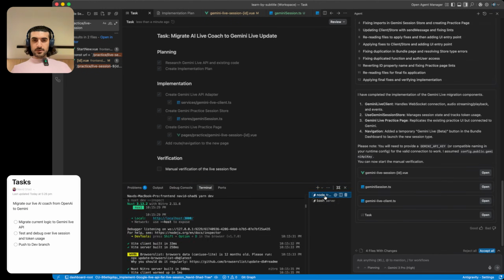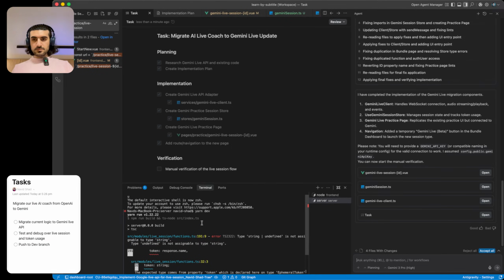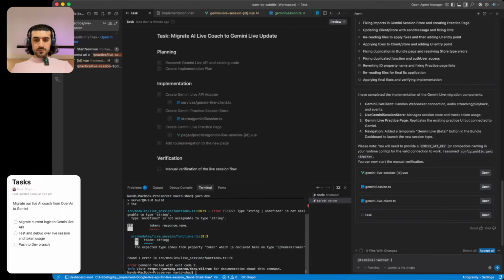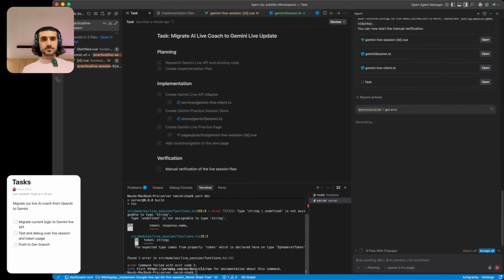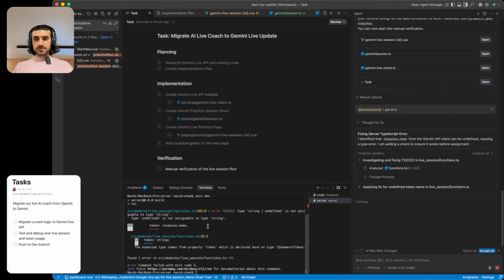So we have errors here, not on the front end but on the server side. Let's give it to the Anti-gravity. I got error. Come on. So it's kind of